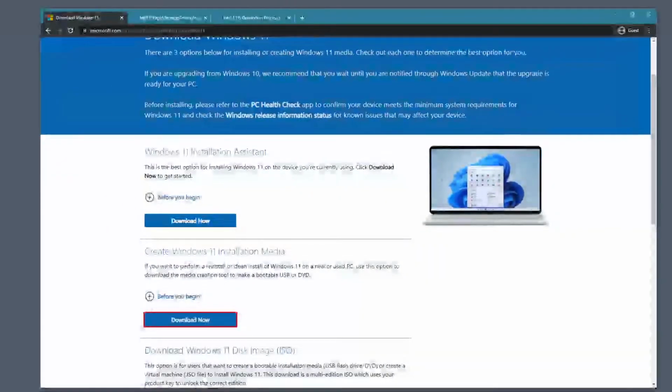In case you haven't already, on another computer, go ahead and download your preferred Windows. This is the Windows 11 download page. I linked it in the description. I'm going to use the media creation tool to make a Windows bootable USB, like it says here. So grab a USB flash drive that's at least 8 gigabytes. Make sure you don't have anything important on there, because the media creation tool will erase everything on there. Now go ahead and hit the Download Now button under the Create Windows Installation Media.